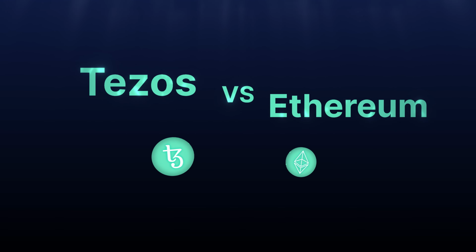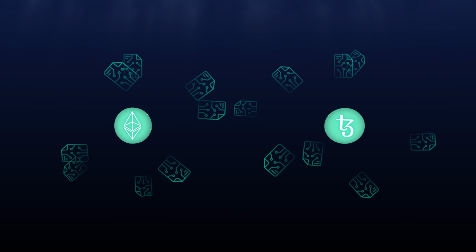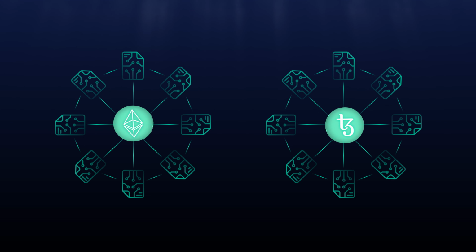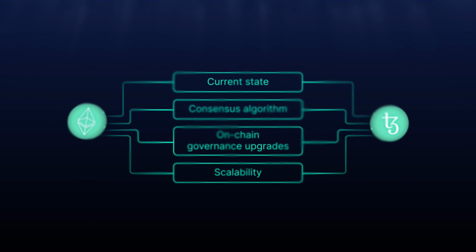Tezos versus Ethereum consensus layers. How they differ. Ethereum and Tezos have a lot in common. Their main similarity is that they can both be used as platforms for decentralized applications through smart contracts. After the long-awaited consensus layer update, Ethereum will switch to the proof-of-stake consensus algorithm, making it even more similar to Tezos. Let's look at their relative pros and cons, their similarities and differences, and their platforms for DApps.